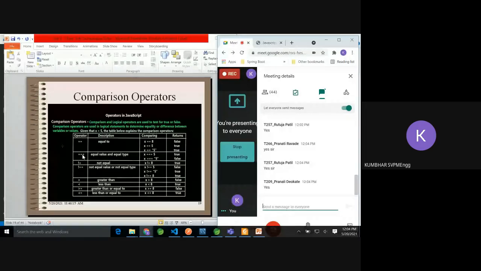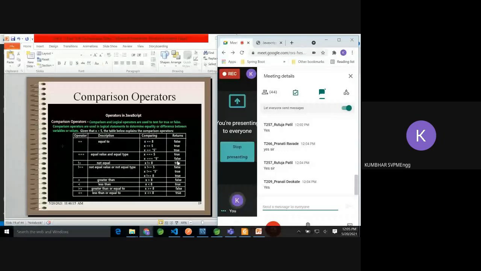So if you check x triple equal to 5, it will return true, but x triple equal to string 5 will return false. Now here you will get the false which you were expecting in the previous third one, x equal to string 5. So understand that double equal to will only check the value, not the data type. Triple equal to will check that the data type as well as the value should be equal.